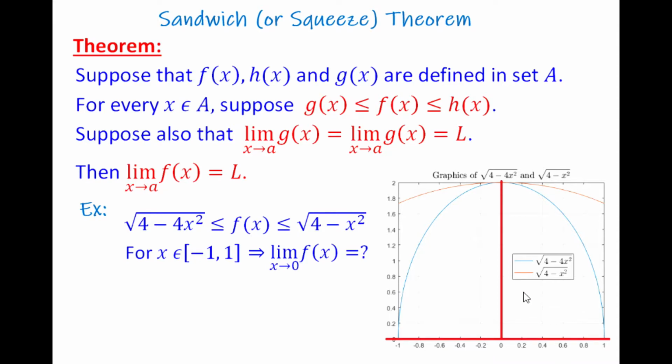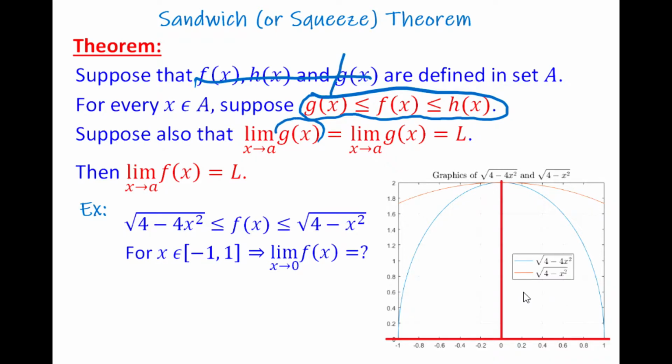Here, guys, we have a theorem, and our theorem says suppose that we have 3 functions, f of x, h of x, and g of x, and they are all defined in set A. For every element in that set A, suppose that we have such a relation, okay? In our relation, this is a must. g of x is less than or equal to f of x, and that is also less than or equal to h of x. And also suppose that the limit when x goes to a, limit of g of x,